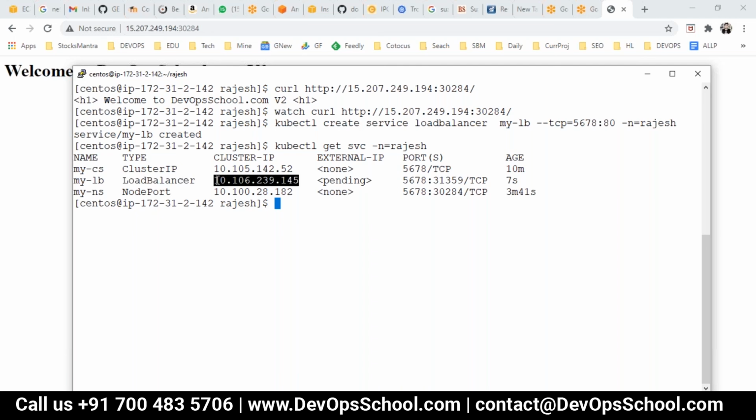You got the cluster IP also, exposed at this particular port number, but the external IP, which is the load balancer, is pending. Because Kubernetes has no access to AWS or any location where it can create an external load balancer. So if you set up a cluster using kops and all, or configure it manually, it's a load balancer.